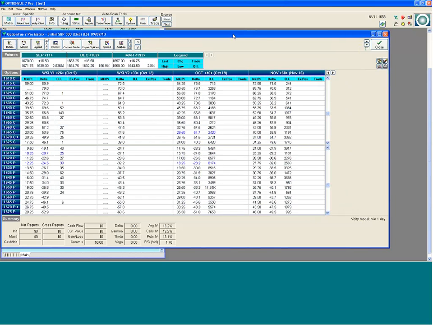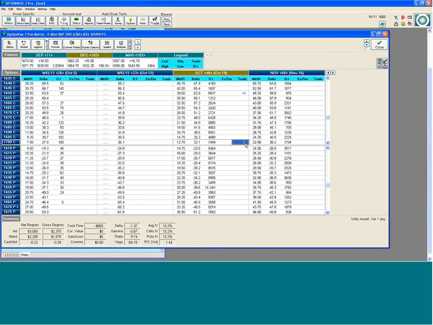Well, there's a couple of strategies. An out-of-the-money call butterfly. So let's take a look. We've got October options with 40 days to go with the market at 1663 right now. If we were to buy the 1650 call, if we were to sell a couple of the 1700 calls,